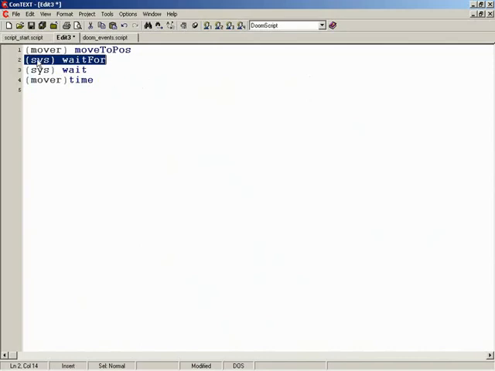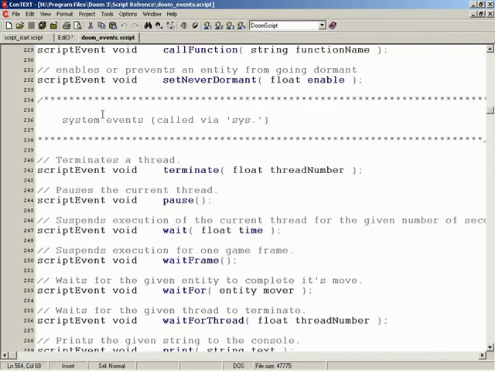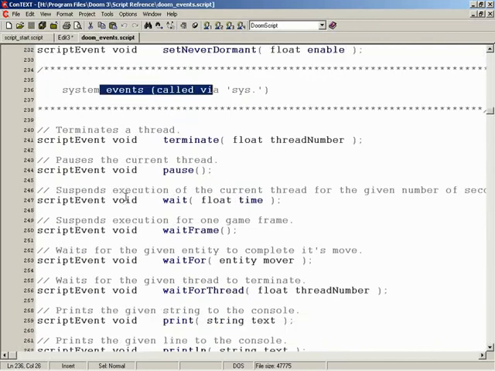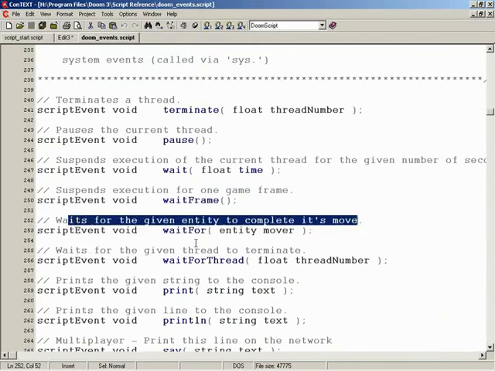And you can see that's why it belongs to system. Let's go ahead and jump back over here and go all the way back up to, here we go, system events. And we'll come down to wait for. So waits for the given entity to complete its move. Perfect. And then finally, what if we want to have our entity, let's say, start out on the ground,